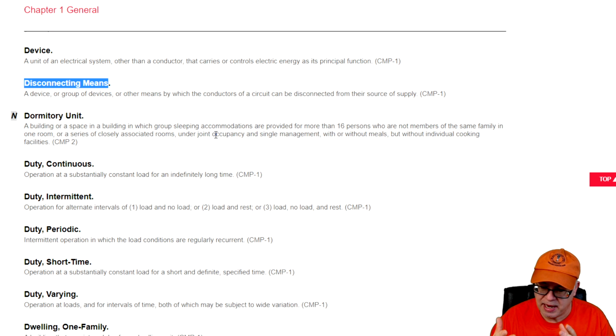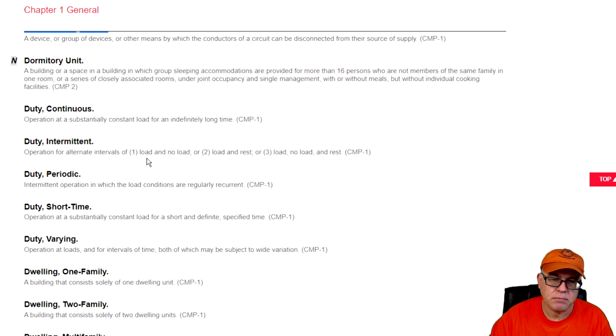But it doesn't have to be a circuit breaker. It could be a utilization equipment with an enclosure, maybe a cutout box with a pullout. And so that is something that allows you to use that as a disconnecting means. Okay, all right. Some of these are self-explanatory and you can read them, so I just kind of go through them. Next one we'll look at is